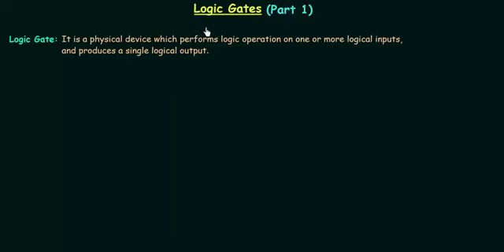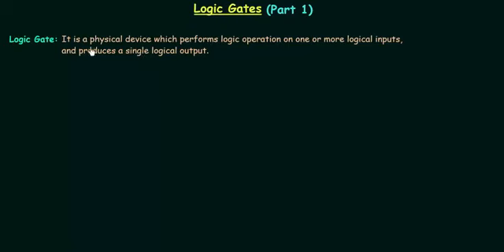In this lecture, we will start a new chapter, logic gates. First, we will discuss what is a logic gate, then we will move to different types of logic gates available to us. So what is a logic gate? It is a physical device which performs logic operation on one or more logical inputs and produces a single logical